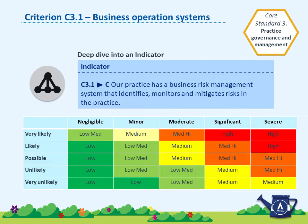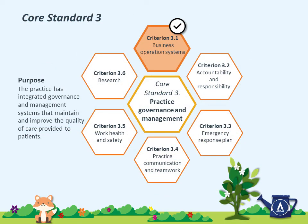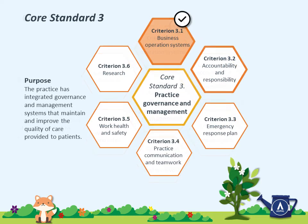So this is an example of how you would identify a risk and mitigate the risks in the practice by using a risk matrix. And we've all used those accordingly. Righto. And there we have 3.1 completed. Core standard 3, we've done 3.1, business operational systems. We are now going to look at